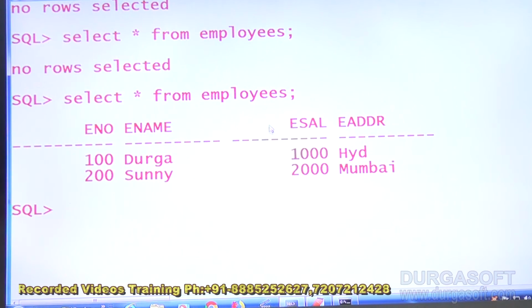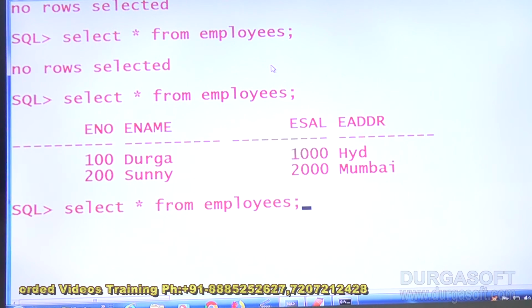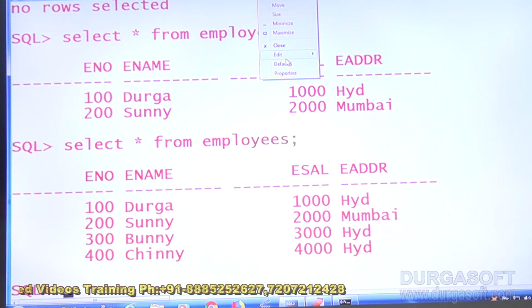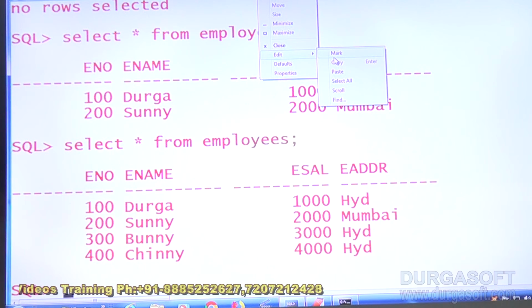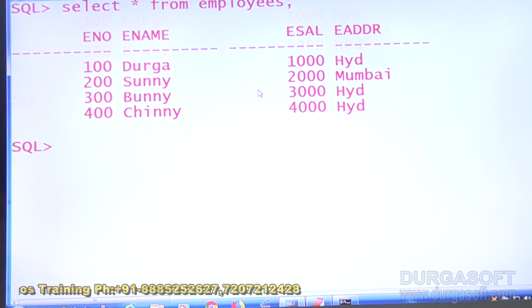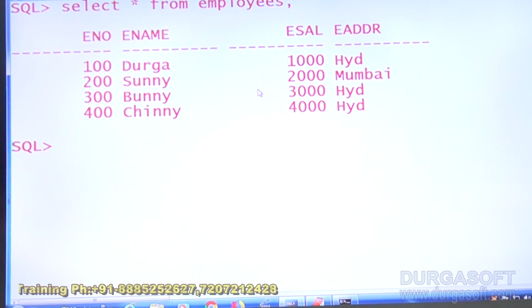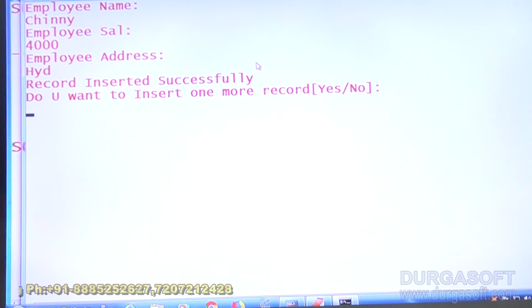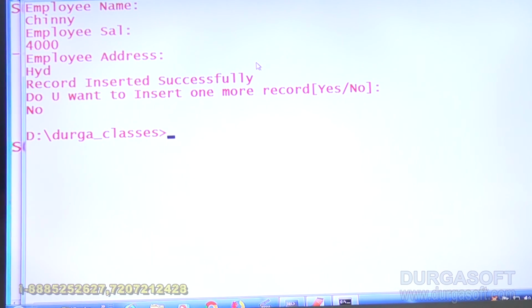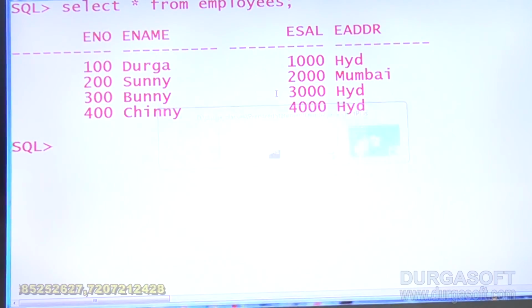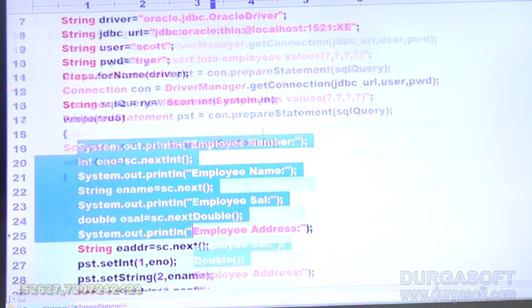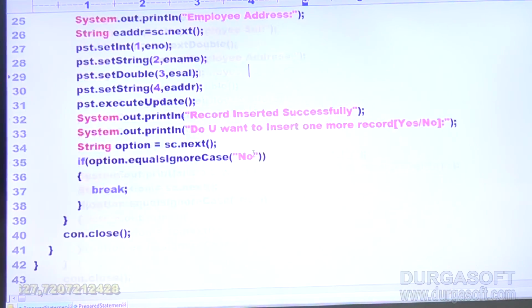Can you please let me cross check, sir? Either 4 records are available or not. Observe that 4 records came. Yes, happily 4 records by default were inserted into the database. Now my question is, do you want to insert one more record? No, sir. No, stop the program. Is it clear, right? So by using prepared statement, how you can insert multiple records into the database,